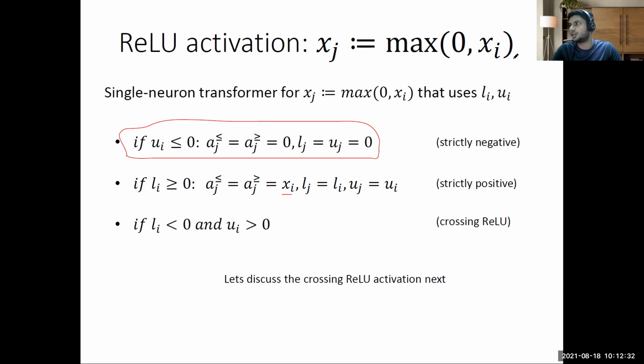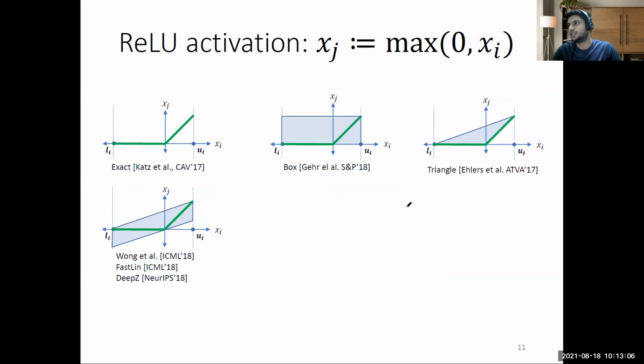So just to recall, we are talking about this thing. When I'm in this region, I'm good. When I'm in this region, I'm good. But if I have a neuron which has bounds like this, where the lower bound is less than 0 and the upper bound is greater than 0, then we have to define this shape. If we are completely in this region, then we are all good. We just define y is equal to x, and we don't have to work a lot with the transformations. So now look at the challenging part.